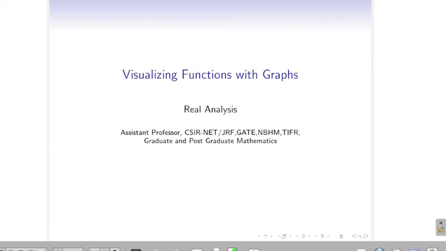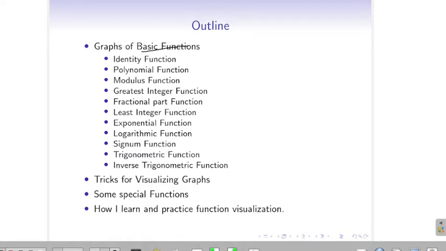If you can just see the function and you can visualize the graph of it, there are some very easy and basic tricks to do that. We are going to discuss such tricks today. So in the basic functions, we are going to discuss these many basic functions, which are the basic unit of